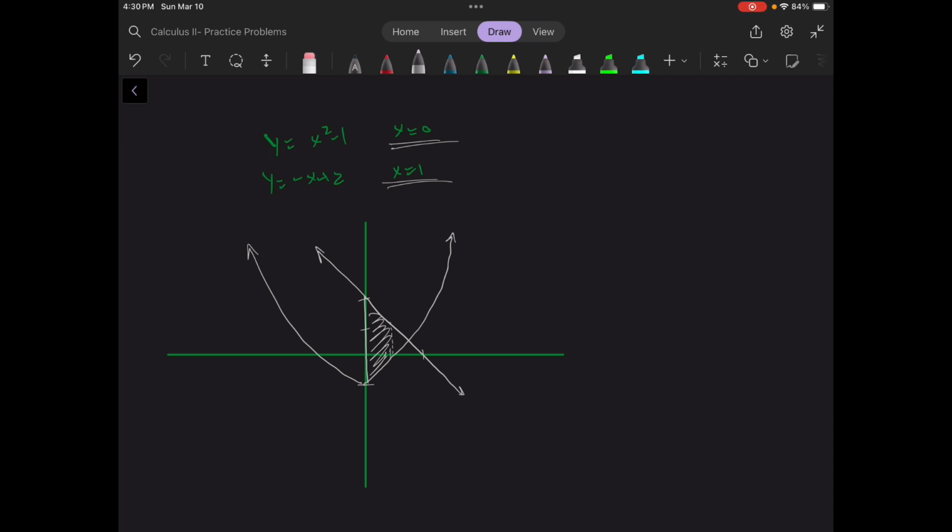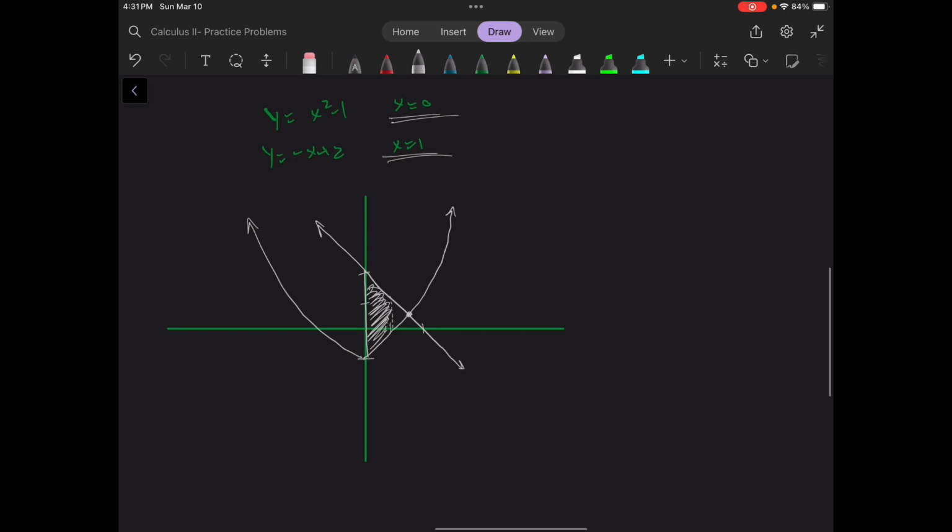So if you wanted to find what points they intersect at, like we'll look at in the next problem, we have to set the two functions equal to each other. And you can do that with some of the functions on your calculator. But it's pretty easy to do by hand. So how are we going to find this area? Well,